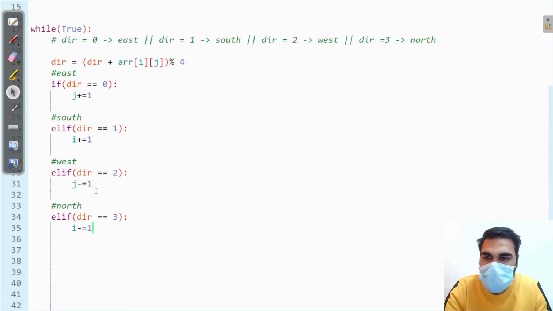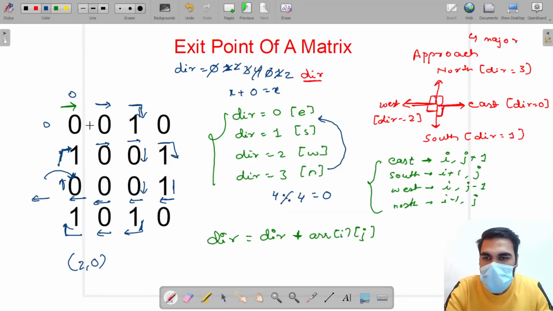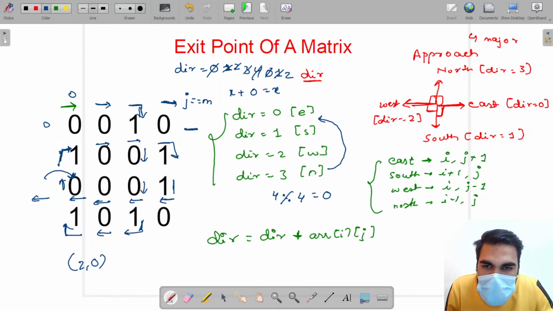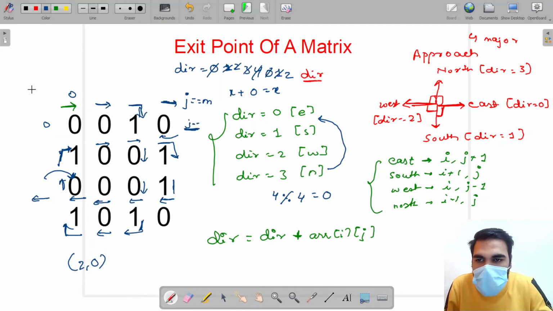And after that, if you see it carefully, in this matrix, if you are leaving from this boundary, your j will become m, but you have to return to the previous position. For that you have to decrease your j by 1. Similarly, if you are moving in the west direction, at one time your j will become -1, but -1 is out of the matrix.